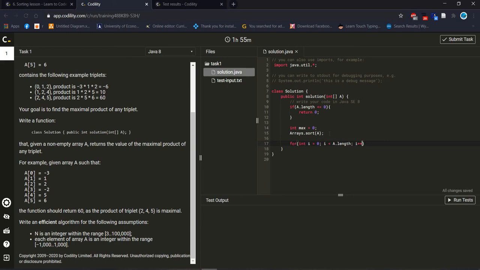Okay, I can do one thing. I don't need to iterate this value.